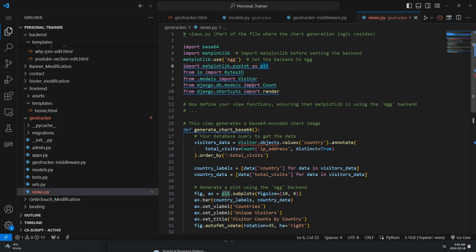But if you don't want that, and you have a web application like Django or Flask, then in that case you have to use